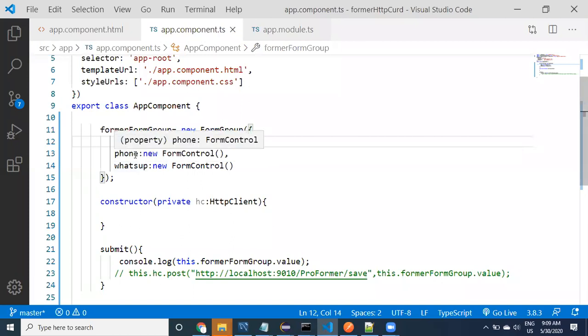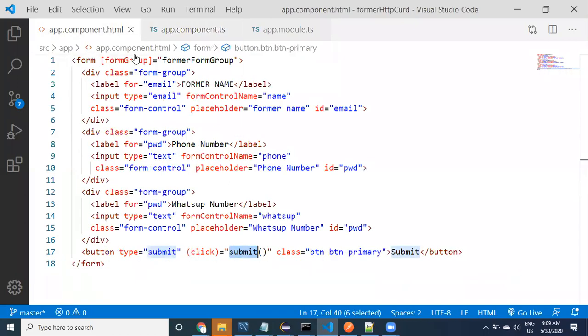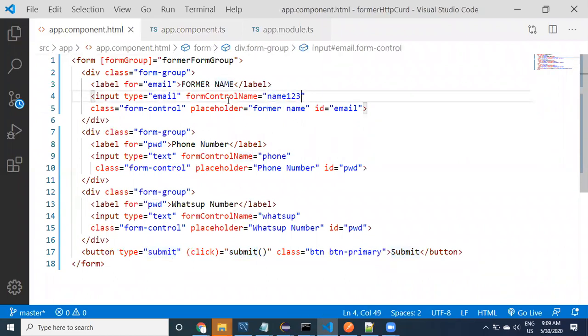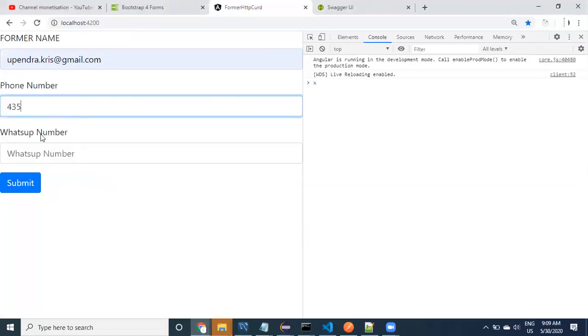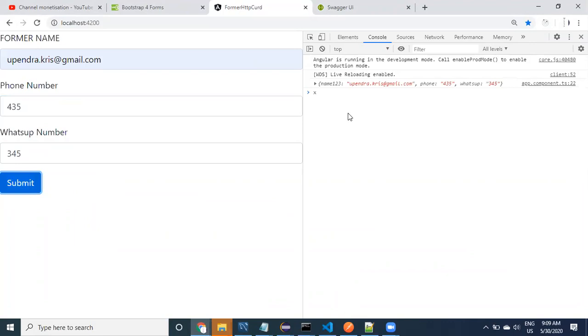Now, if I change it to name 123, see here guys, I have to use this name 123 in the front end also, right? So this form control is also name 123. If I change the form control name, then restart this and this, provide some data, and click on this. Let's look at it. What happened? The name is name 123. That's why, the form control names.